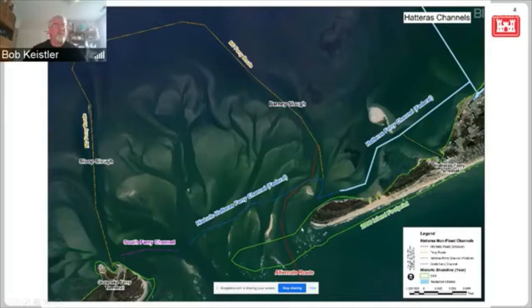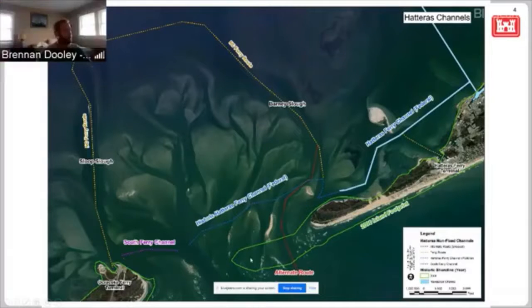Yeah. So I guess an important point of clarification that Bob was touching on at the end. I think it has not been authorized yet, that is the new route or the realignment. But our division office has said that they've agreed the interpretation is such that it's possible we could make that become the new route. And so it's going to be a process. The steps involve laying out and documenting the economic benefit, which is not hard to do in this case,